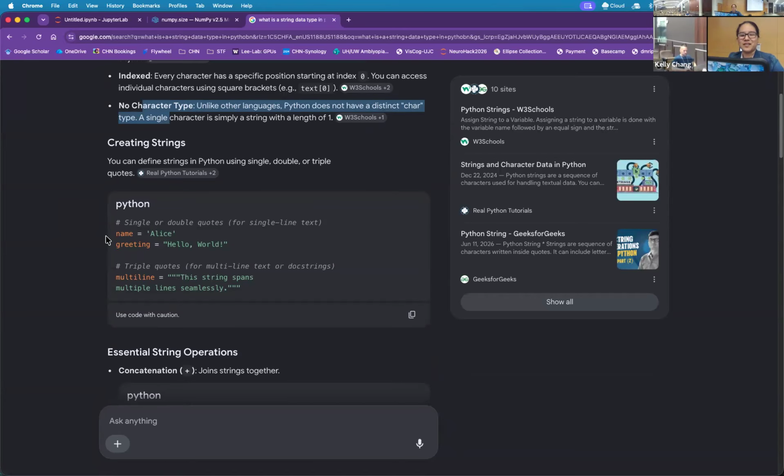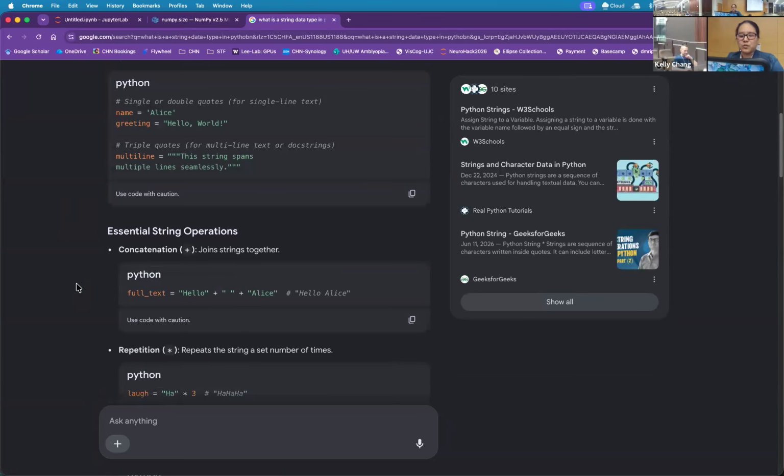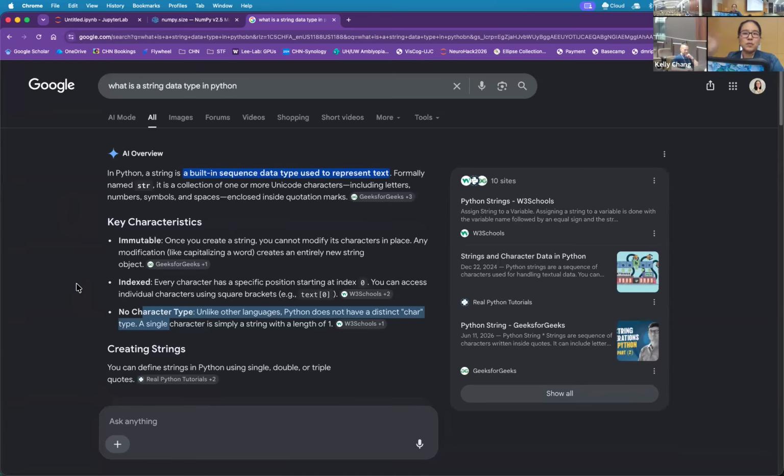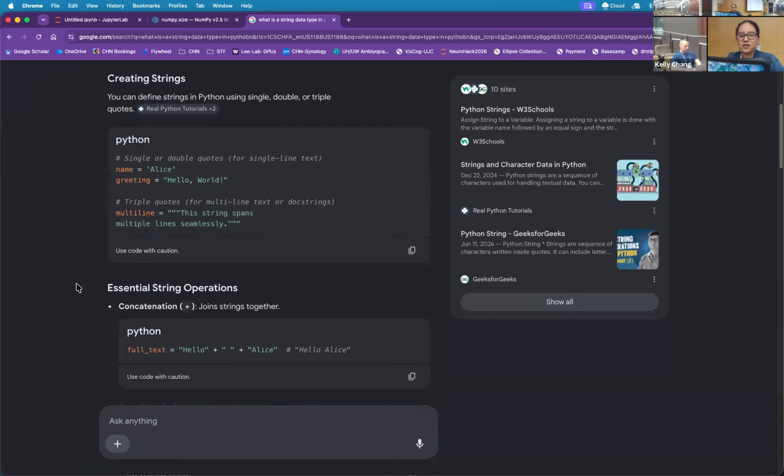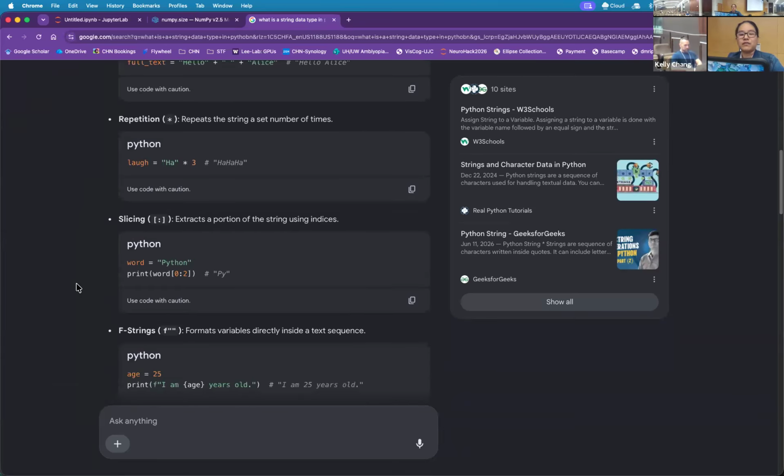Notice you can use single or double quotes, and triple quotes for multi-line. Your AI overlords can answer a lot of really good questions. Hopefully what I'm giving you here is the terminology to query them, somewhere to start so that you can build off that.